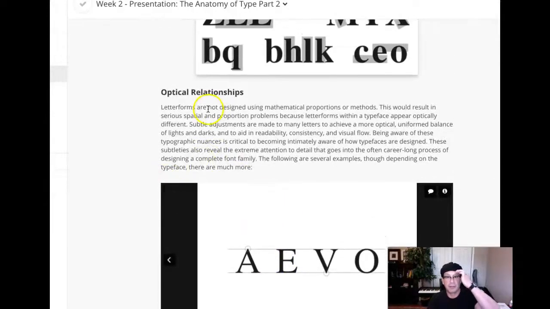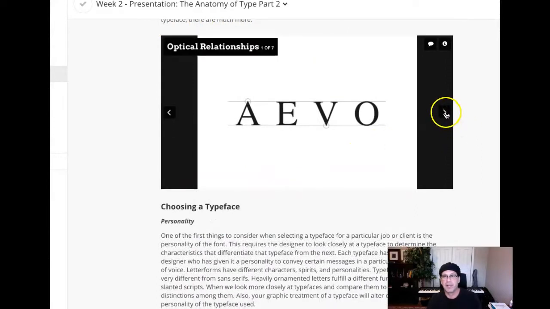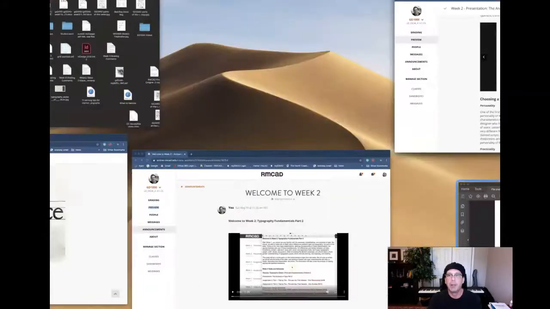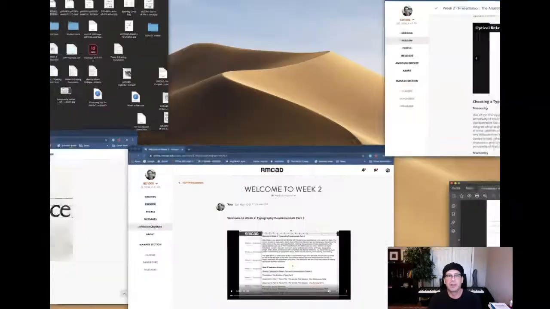It's called optical relationships. This is a slideshow, so be sure to slide through this. And these are the descriptions of each slide. So we can see in the first 2 slides, the A and the V indicate overshoot. And then the second slide, the round letter forms indicate overshoot. And as I said, you can read about those here, but I'll be looking for those in your final fire